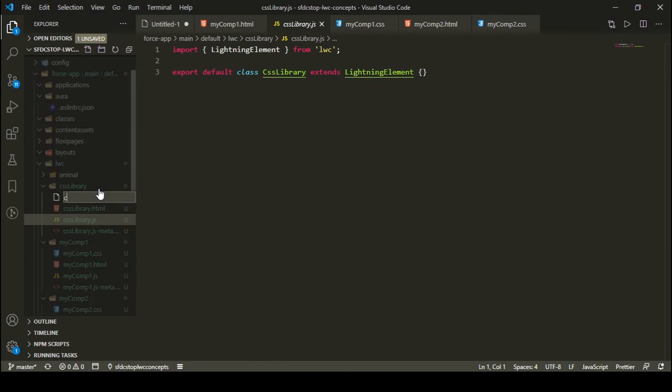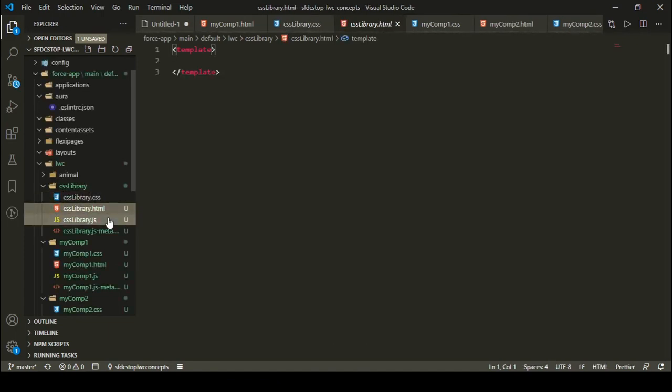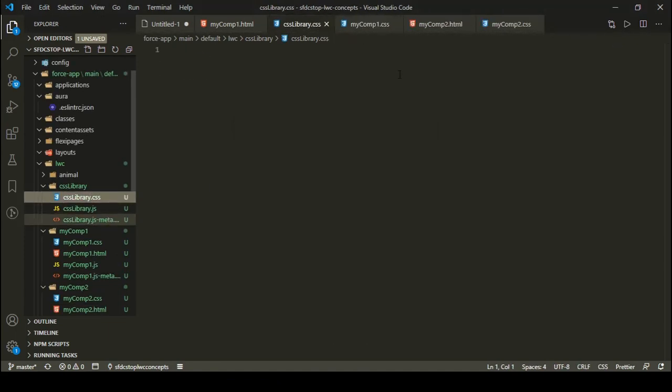So I'm going to name it cssLibrary. I can simply delete the other files which are not required, so it should be mainly cssLibrary.css. I can delete the HTML and JS files because these are not required, as we are only going to deal with CSS in this component, right?